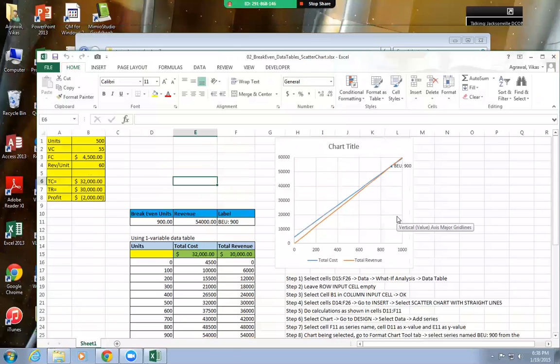Often you want to know where you're breaking even. Make sense? For example, if you remember from operations management or other classes, this is your revenue line, and this is your total cost line. Here you have quantity, and here you have dollars. Often you are interested in finding this point here, which is your break-even point. There is no profit, no loss zone.